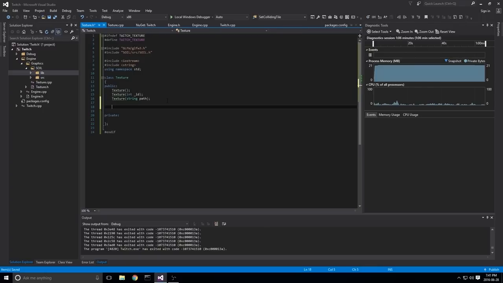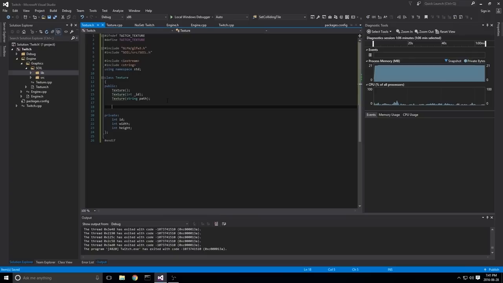And then we'll basically keep track of these pieces of data down here. So we'll have our int ID. Our path we don't really keep track of, because once we load it, it's in memory, and we don't really need our path anymore. But what we do want to keep track of are the width and height of the texture itself. So we'll track int width and int height. And there we go.